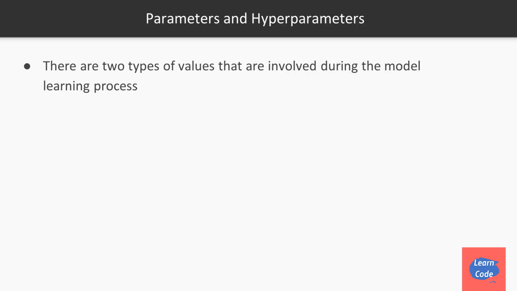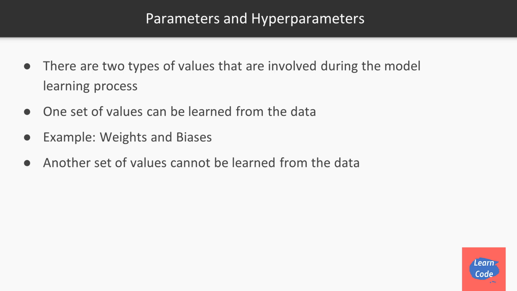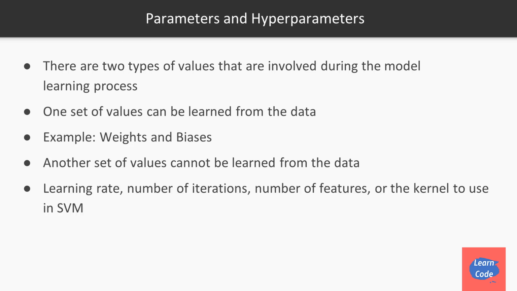Let's first talk about parameters and hyperparameters. There are two types of values that are involved during the model learning process. The first one is a set of values that can be learned from the data. Example, the weights and the biases. Another set of values cannot be learned from the data, and this is something the user has to somehow estimate